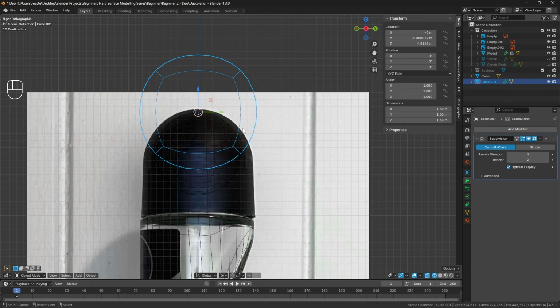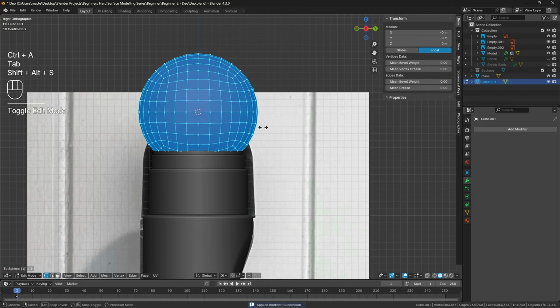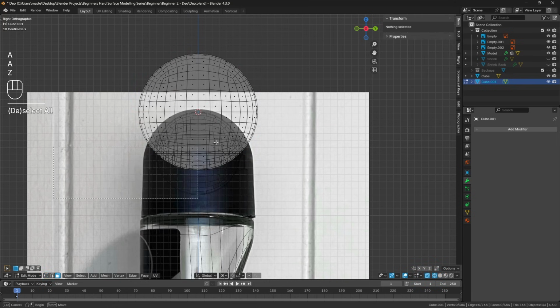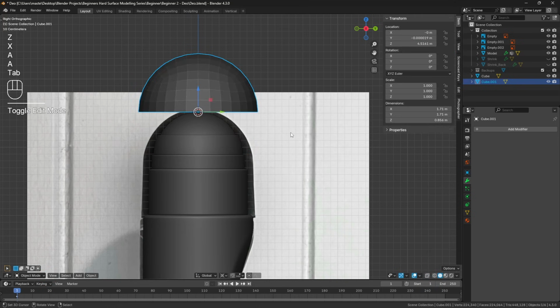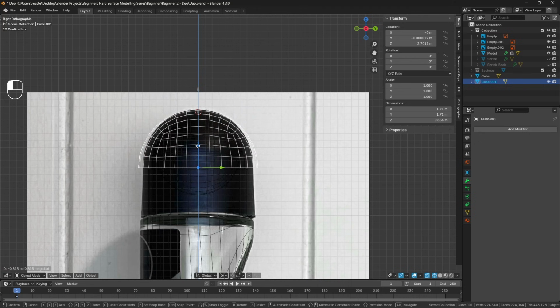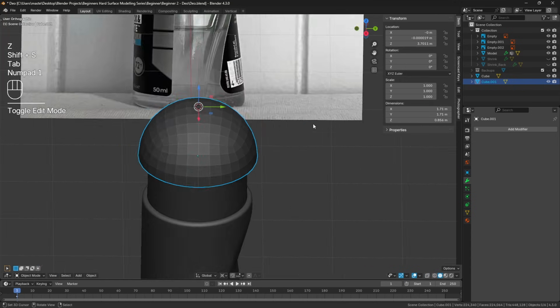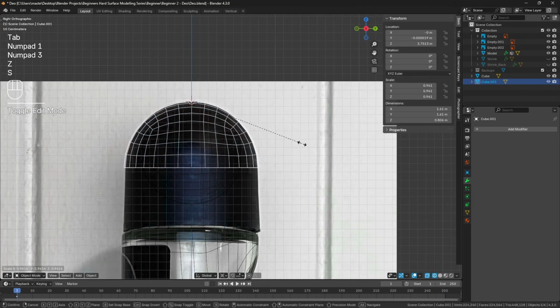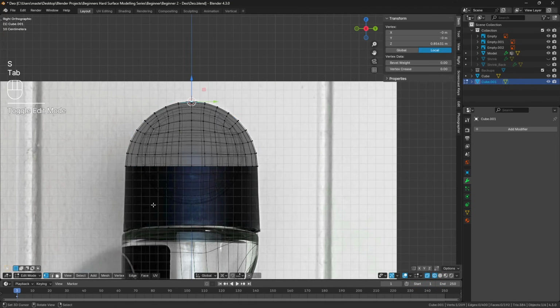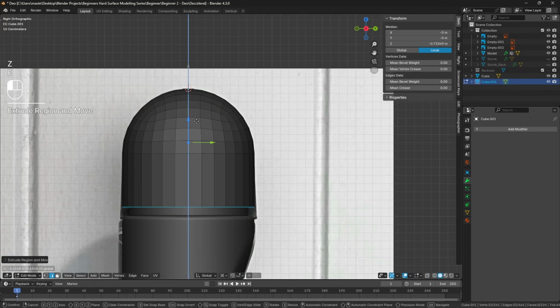I don't think 4 times is necessary. We'll do it 3 times. And we'll apply that, Alt Shift S and 1. This one we want to cap it halfway. Select the faces. And I'll just drag that down. And similar to what I did for the little ball at the top, just set the 3D cursor up there, scale it in. And then we can E to extrude, drag it down